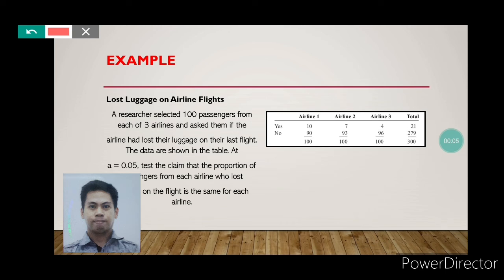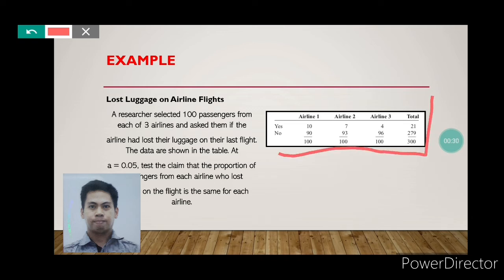To further understand, here is an example. Lost luggage on airline flights. A researcher selected 100 passengers from each of 3 airlines and asked them if the airline had lost their luggage on their last flight. The data are shown in the table, and this is now the given table of contingency,